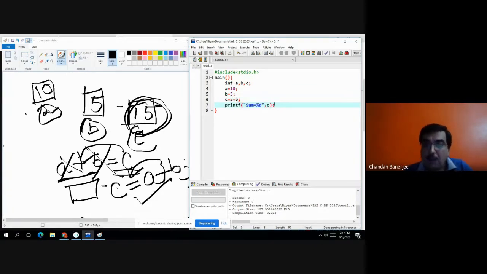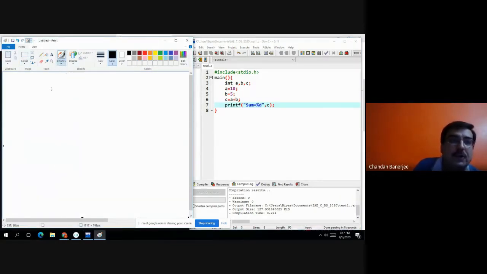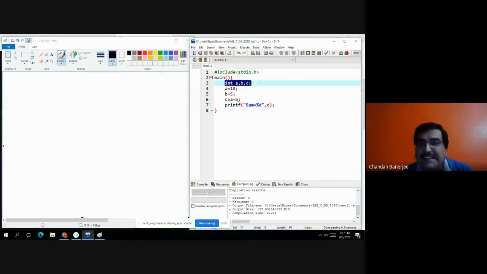Fine. Now, the question is how to write a program. How to handle a particular job or a particular problem. Just look. In the first line, on the right hand side, int a, b, c indicates variable declaration.